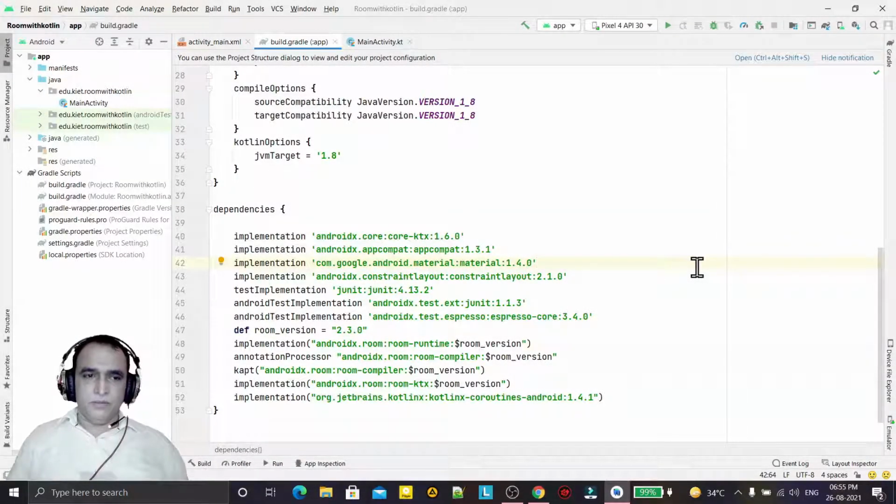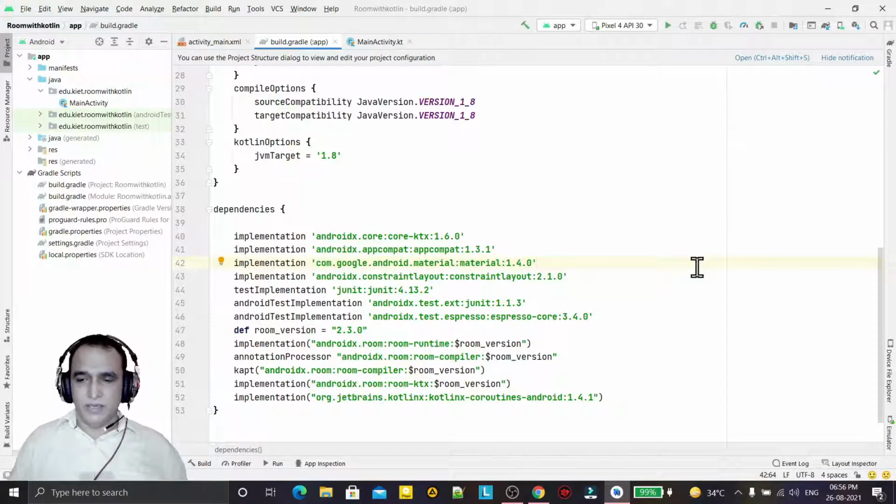Hello guys, in this video we are going to learn about Room API. Room API is a persistence library that is used to directly interact with SQLite database in Android. It also gives the benefit to the developer that, without knowing the details of SQL query commands and syntax, we can directly interact with the SQLite database. It also increases stability and requires less code as compared to the boilerplate code we use to make a direct